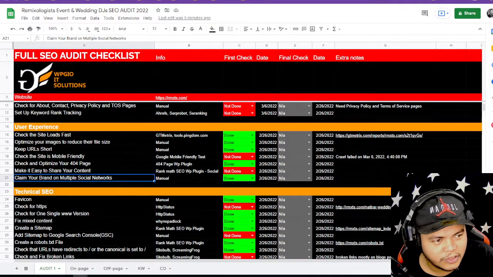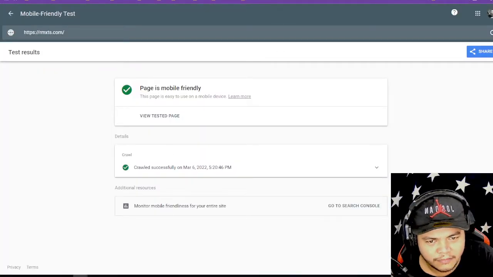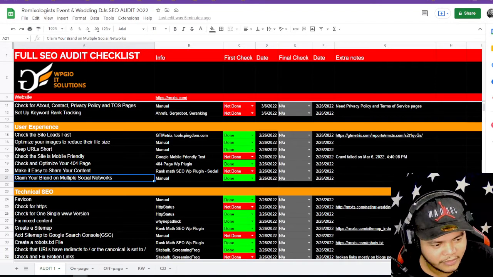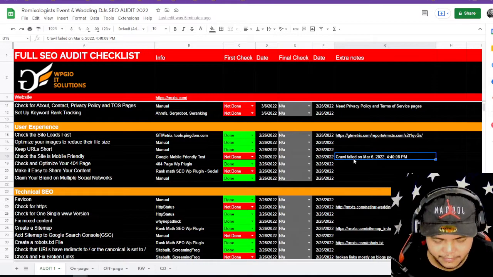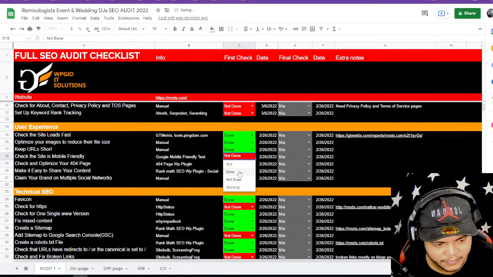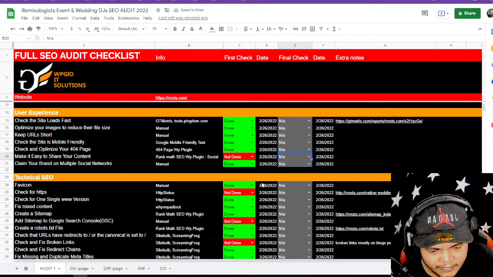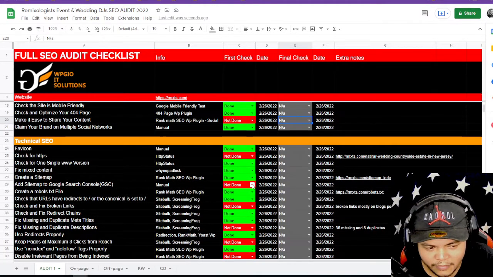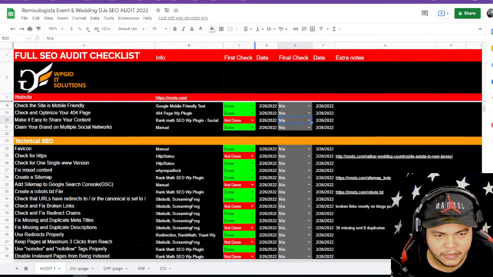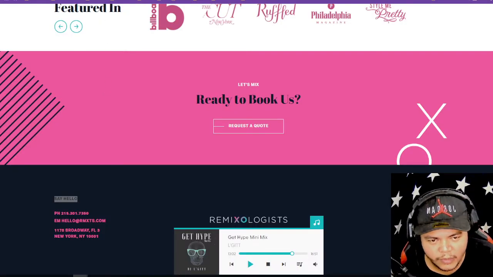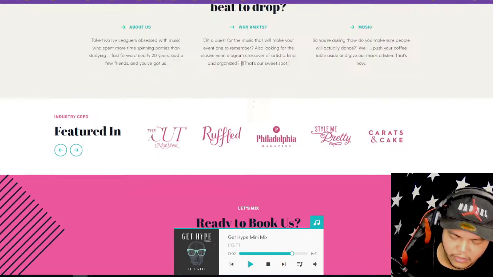So let's double check mobile friendly. All good. I was testing on a different URL earlier. That's why it failed. So that's done. Let's go to technical. There is an SSL certificate installed, and it redirects on the homepage, but on the blog or other pages,